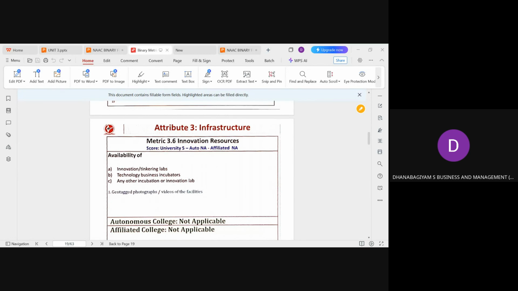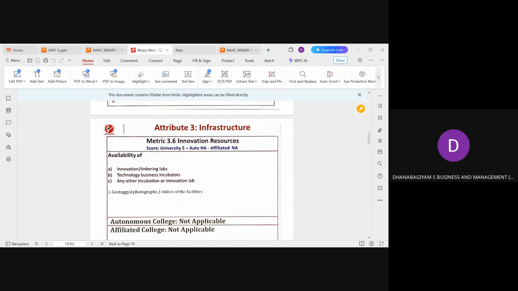So today we have seen only the highlights of binary accreditation: how this binary accreditation is different from the earlier NAAC process, and how it is making our NAAC submission process easier. In this binary accreditation, we can be smart enough to file our data and capable enough to get the scores. And here in binary accreditation, we have 3 steps: input, process, and output.